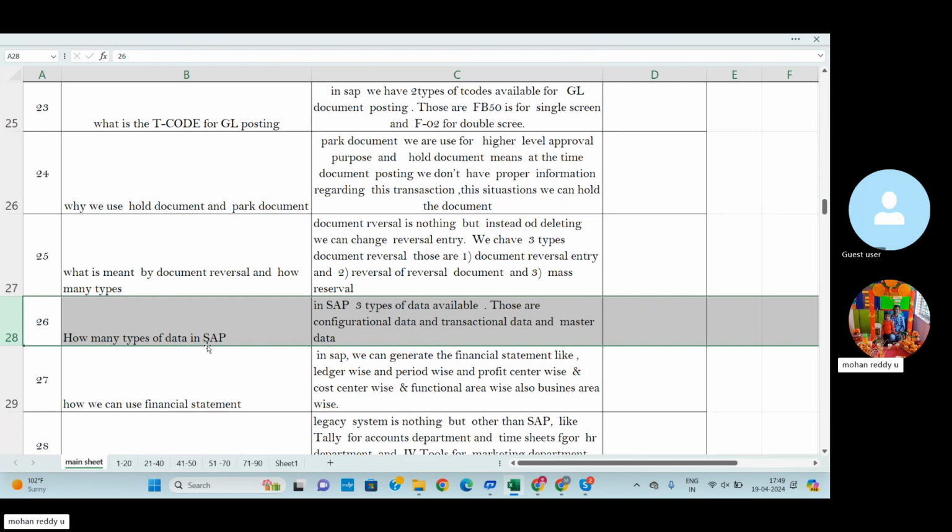This master data we can use like configurational work done by the consultant as well as transaction work done by the end user. Both people work on the master data. For example, in master data, GL group creation comes under the consultant workflow. Under the GL group, the GL accounts will be generated by the end user.